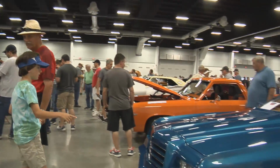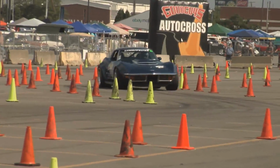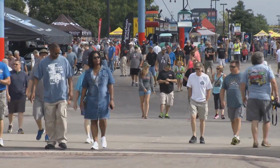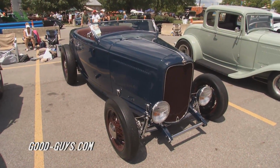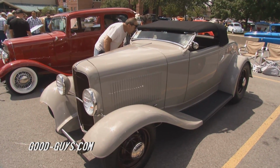We are going to open up the cutoff years for all of our shows to 87. That will bring in those younger guys that are out there that we know. Maybe they're not doing the hot rod thing, but they're into the muscle cars or the later model cars. But yeah, there's always going to be growth. I think the American love affair with the automobile is alive and well, and I think we're going to do everything in our power to keep that growing and to keep these events alive so that people can